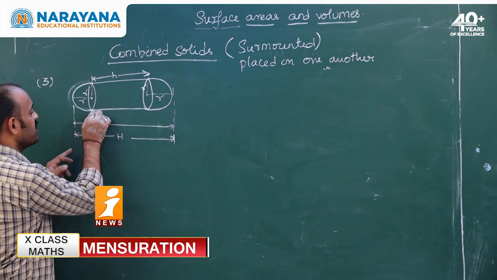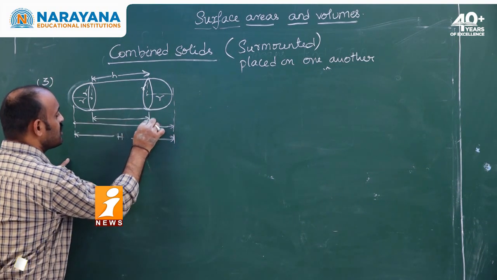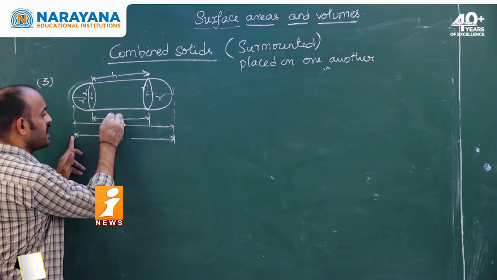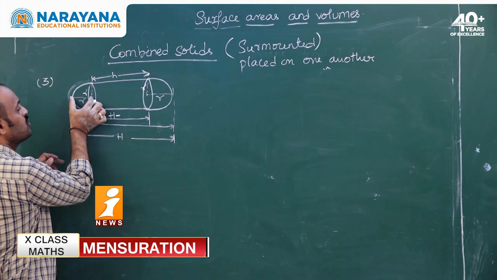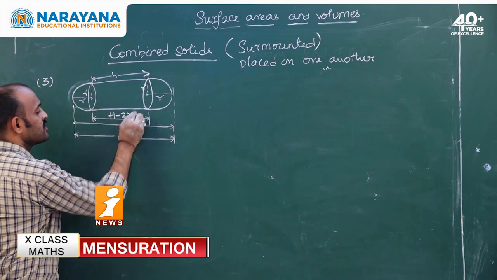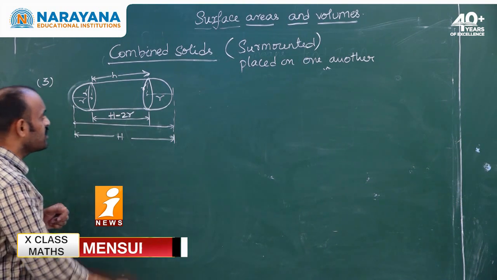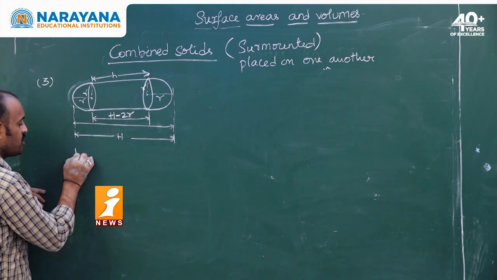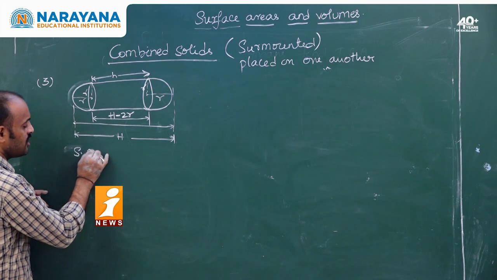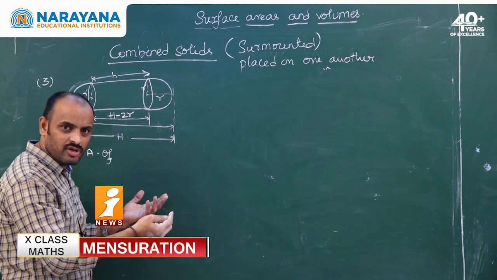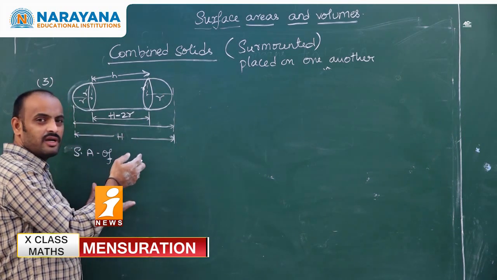If you want to find the height of the cylinder, or the length of the cylinder, from the total height, subtract 2 radii of the hemisphere. Then it gives you the height of the cylinder. Clear? Now, the surface area of a medicine capsule, or you can call it a gulab jamun,